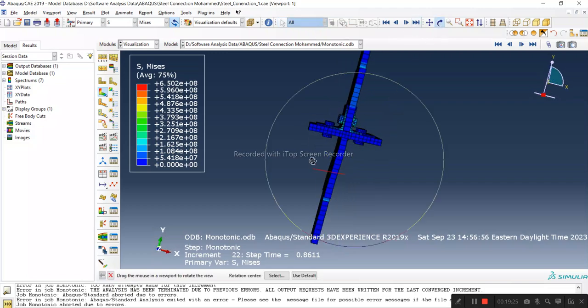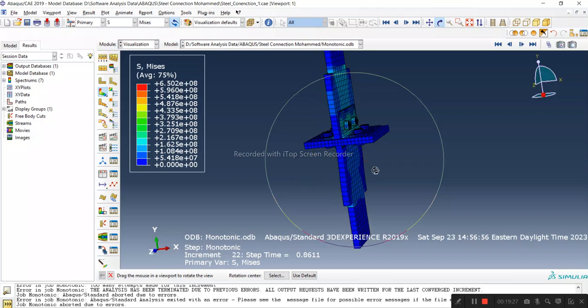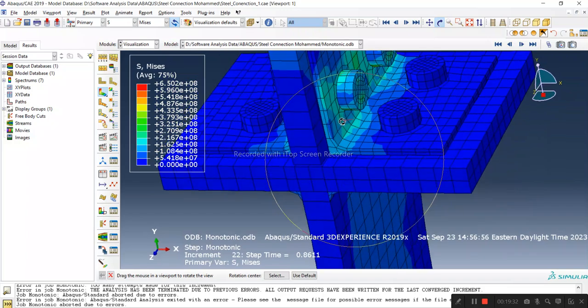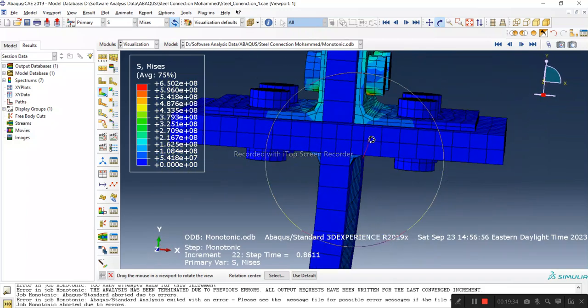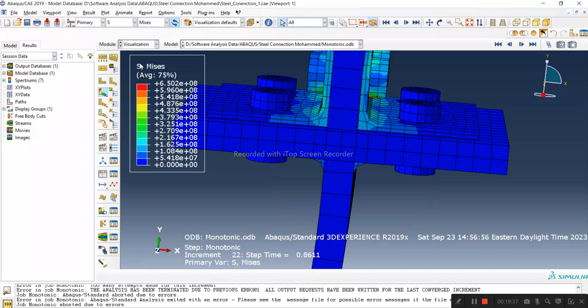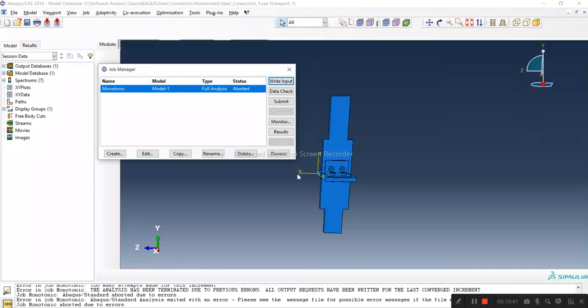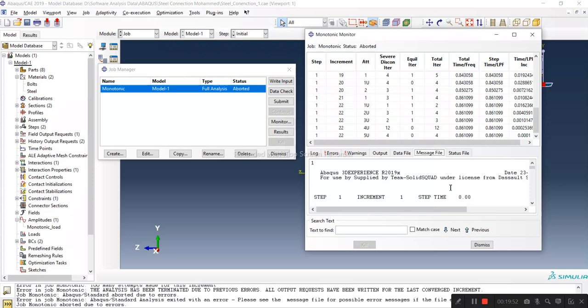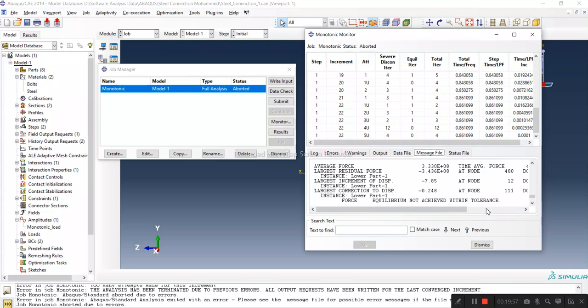Anyways, we will take a look at those things. We can see those bolts are under some stress. Yeah, anyways, so these are the things that now we need to take care. I'm gonna come to my message file to take a more detailed look